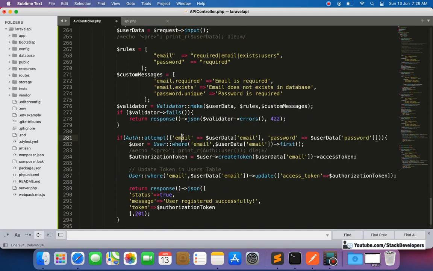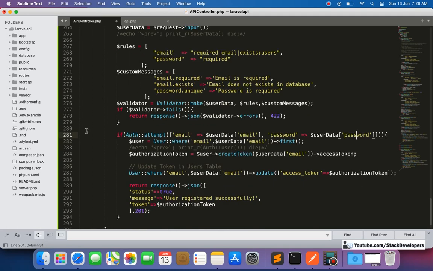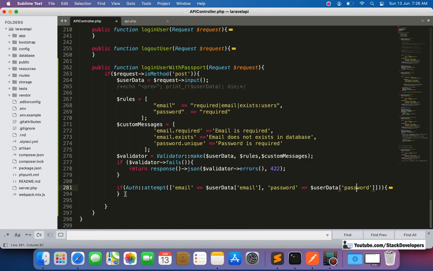Okay, so here you can see this is the email that we have got from Postman, and this is the password that we have got from Postman. Suppose the user is entering both email and password. Okay, so after verifying both, if the user is able to log in, then it's fine. Otherwise we are going to show the error message here.